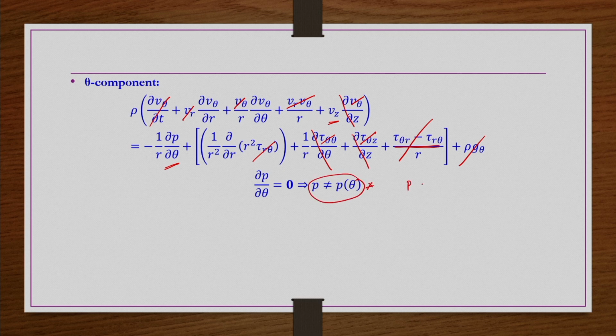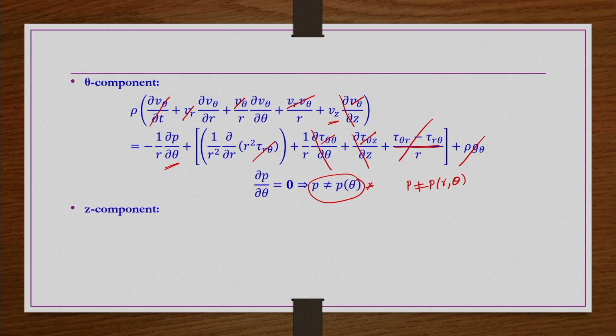So, now by solving the r and theta components of the momentum equation, we understand pressure is not a function of r and theta. In fact, we do not need to worry about this, because it is already given in the problem statement. The flow is because of the pressure difference, and the pressure difference is in the z direction. At z is equal to 0, pressure is equal to P naught, at z is equal to L, the pressure is equal to PL. Okay, so that is what we have anyway.